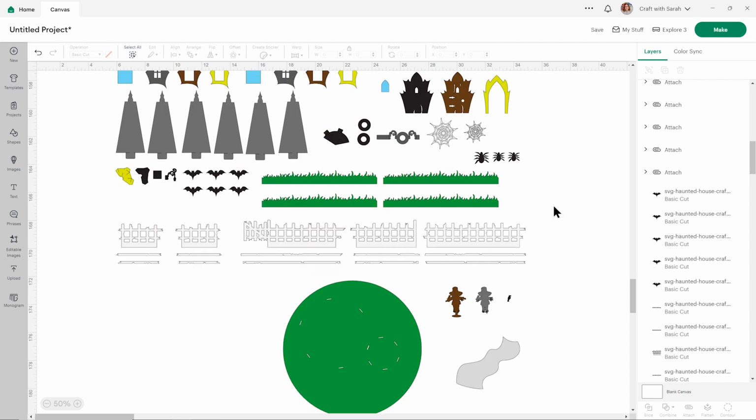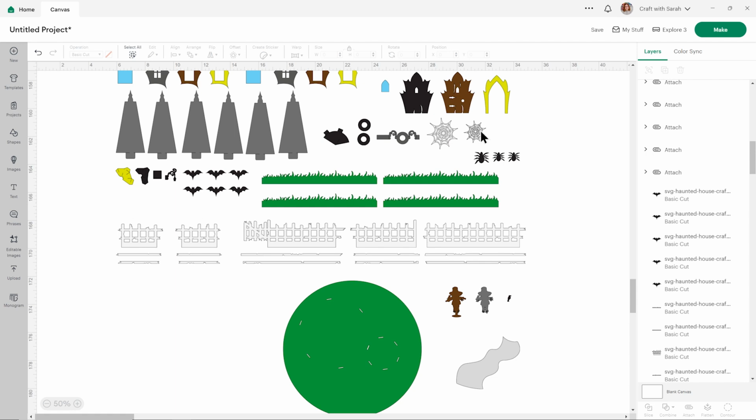Some of the pieces are really, really small. For example, this crow is tiny. Some of these spiders, very small. Spider webs, very small and very thin. So you may need to play about with your settings to get them to cut neatly. But don't worry too much if they tear a little bit, because it's a haunted house. It's supposed to look not quite perfect.